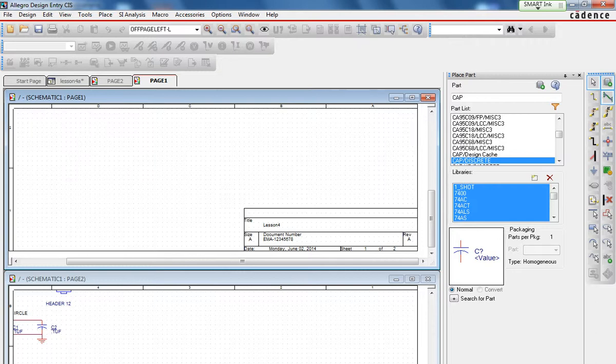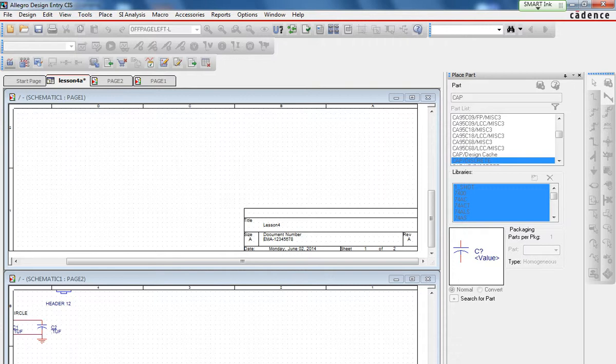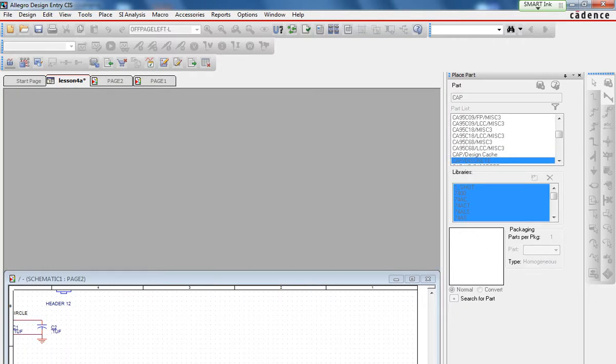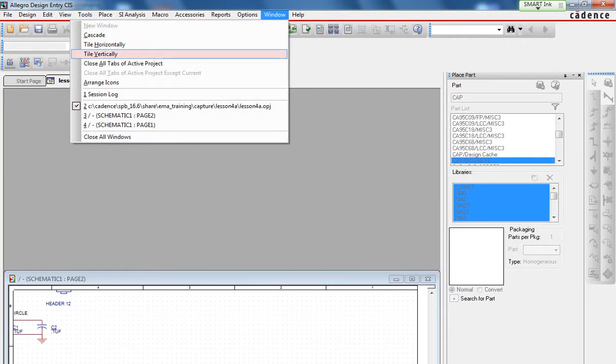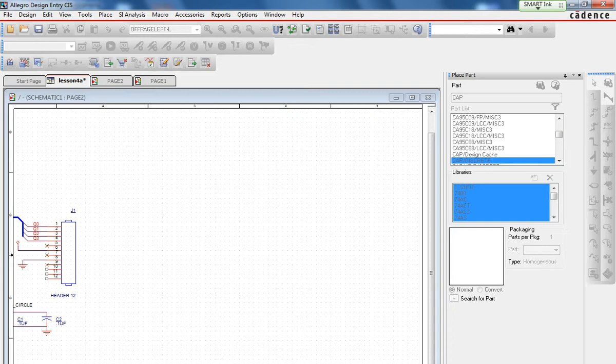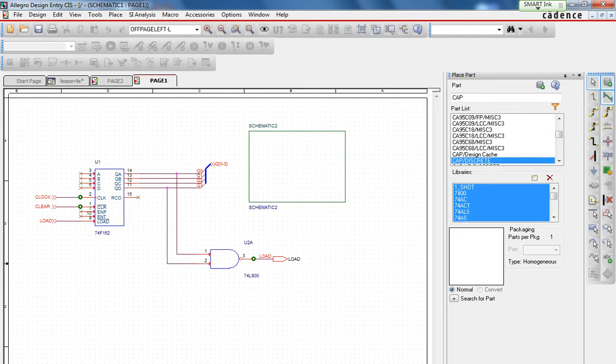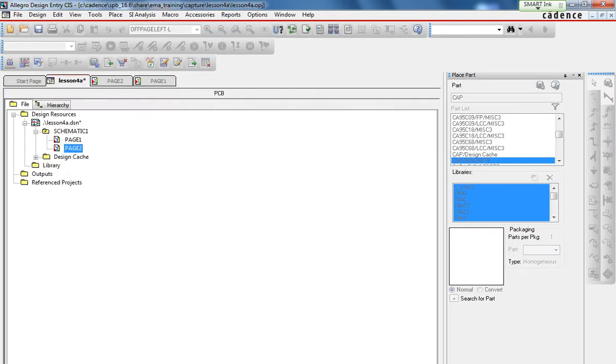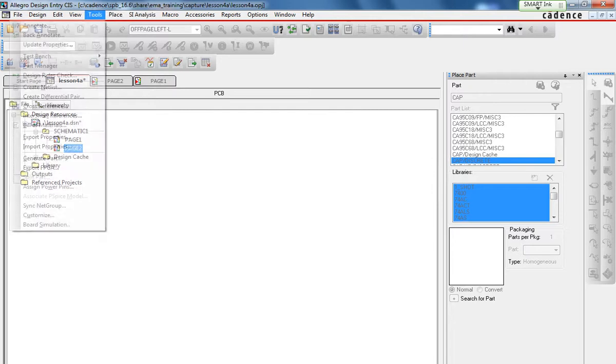So I'm going to click in the project manager window. And because I have minimized it, I'm going to un-minimize it. So what we're going to do is tile everything vertically again. Pull this up. There we are. So now I have this. I'm going to go to Tools, Annotate,